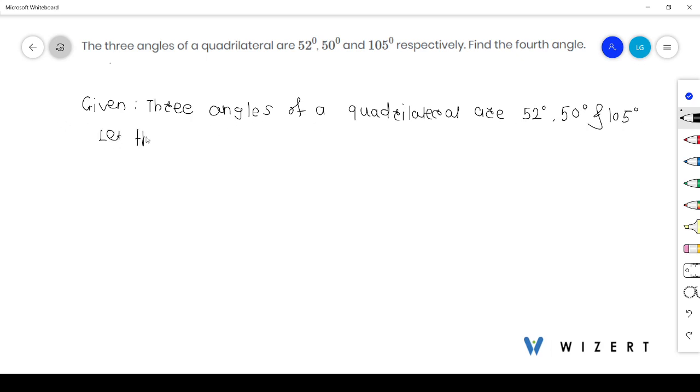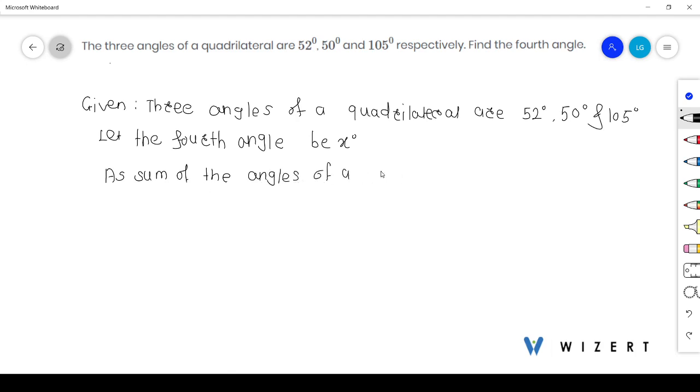Let the fourth angle of a quadrilateral be x degrees, as sum of the angles